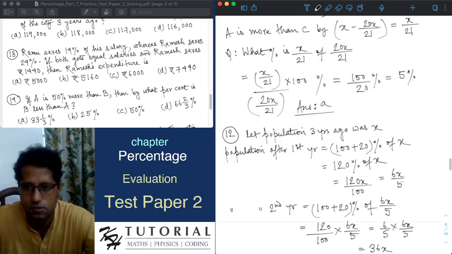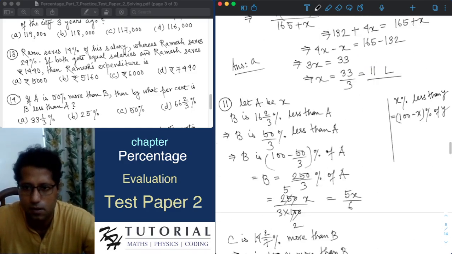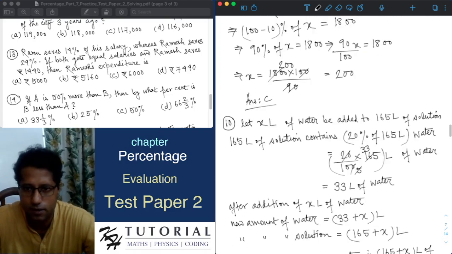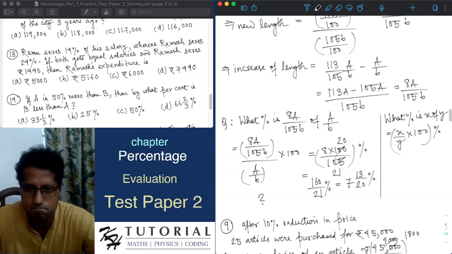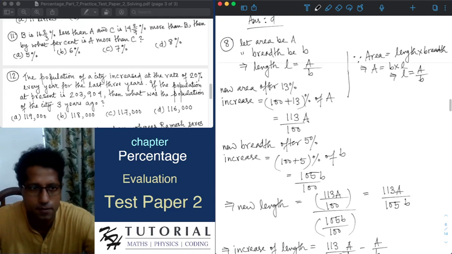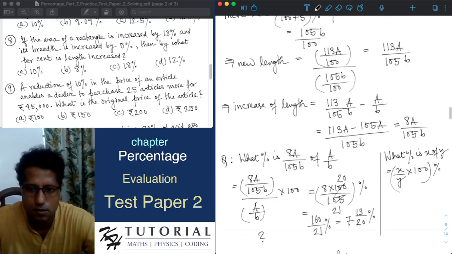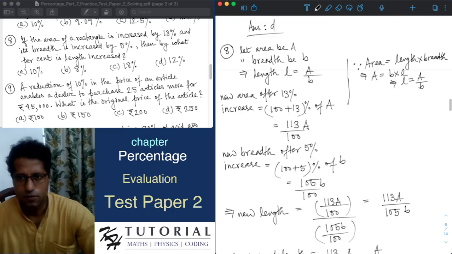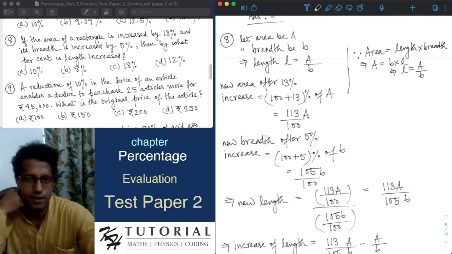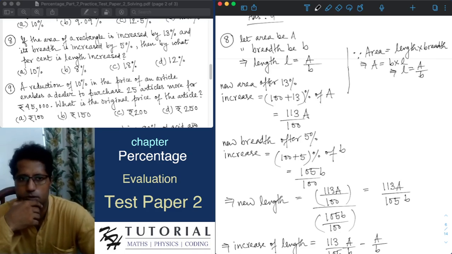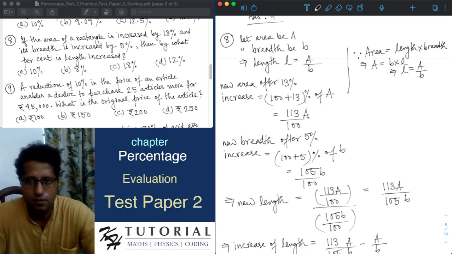See what else, which question was marked. I couldn't get the right answer. This one. This is question number 8. Let's check once again. If the area of a rectangle is increased by 13% and its breadth is increased by 5%, then by what percent is length increased? Okay. So let area be A, breadth be B, then originally the length will be